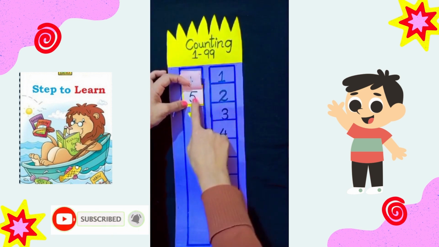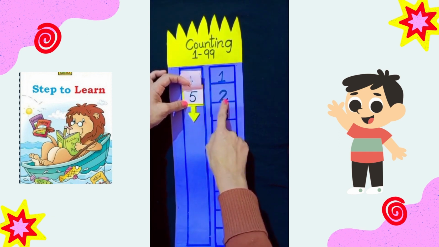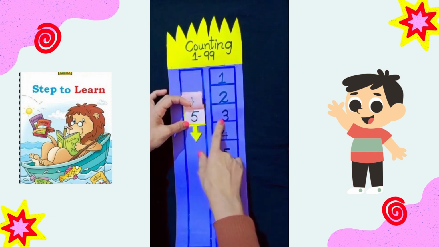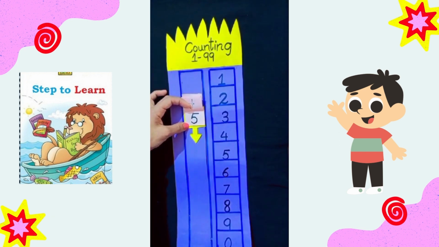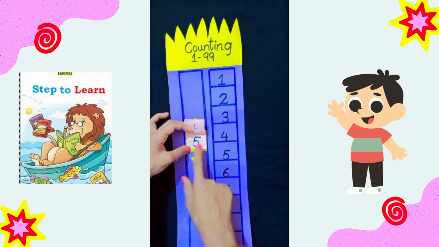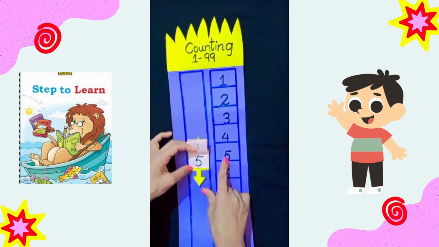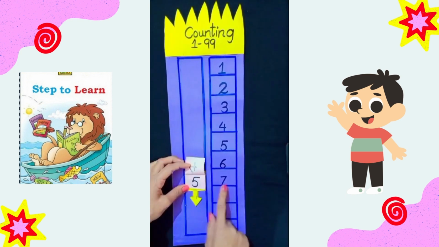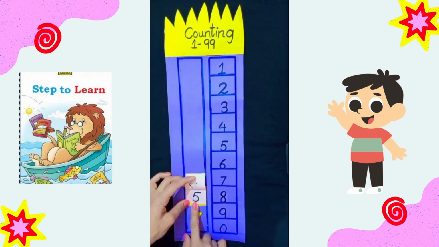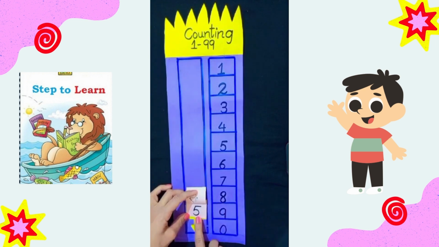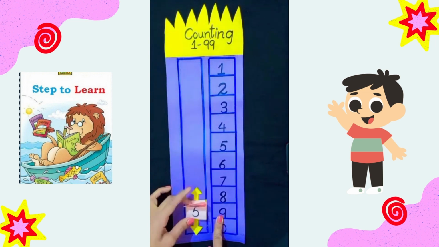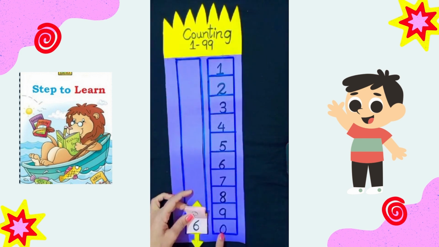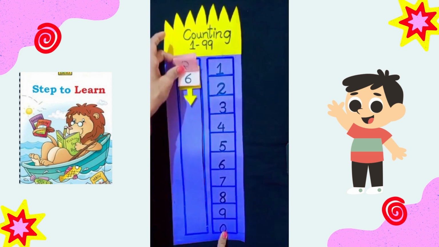51, 52, 53, 54, 55, 56, 57, 58, 59. And what comes after 59? Turn the page. 60, 60. Now we will count from